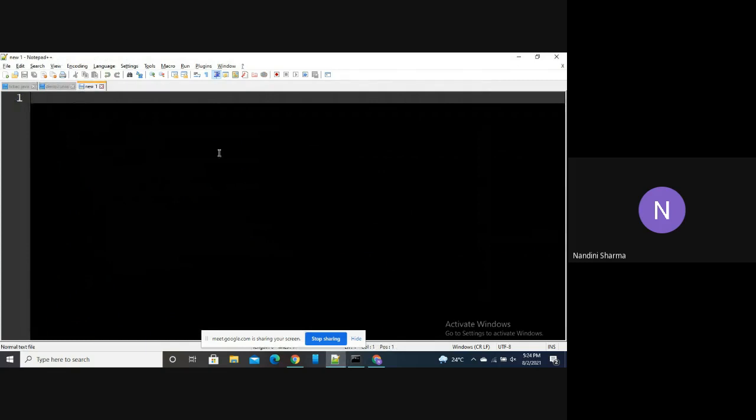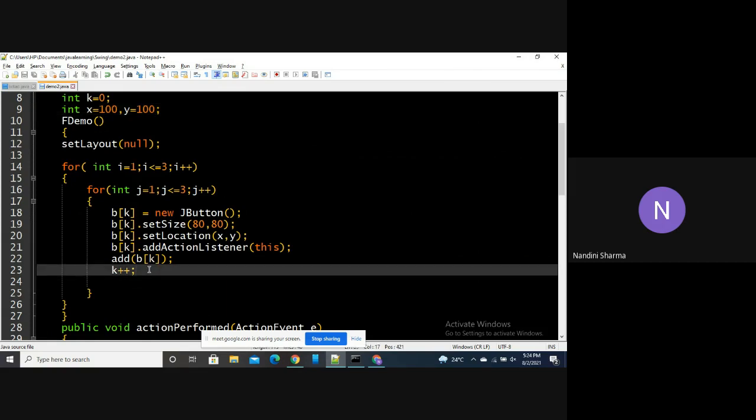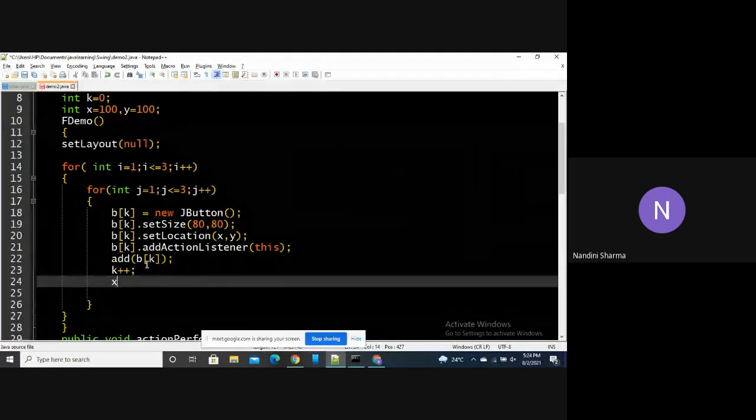Now we will make changes in our x and y variable. What we want after one row to be completed, after one incrementation in j, we want our x value to increase by 80 because the size of our button is 80 cross 80. Right.